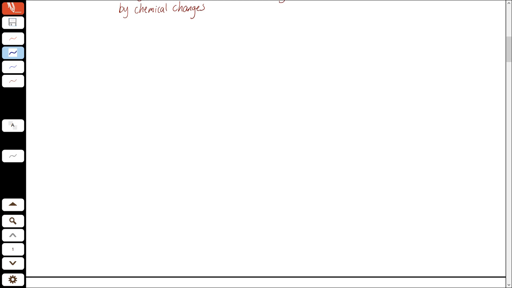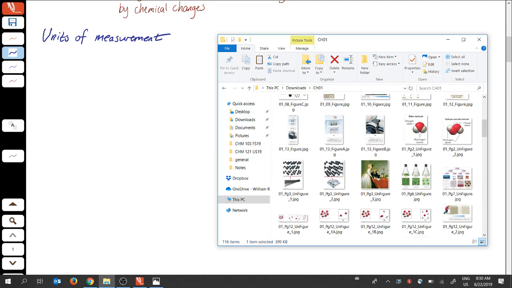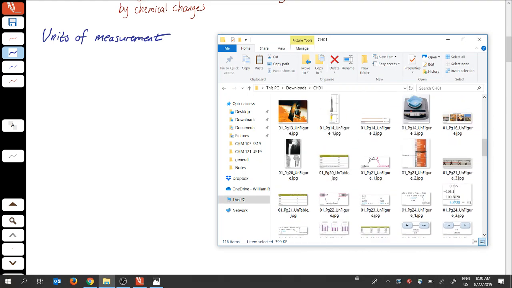All right, so we talked about measurement and significant figures yesterday. You can practice some of those calculations in your homework and let me know if you have questions. But we want to talk a little bit about other types of units and converting between those units. Okay. So first, I'm going to assume that you all have plenty of experience with the metric system. But just to be clear, because we're talking about little tiny molecules,